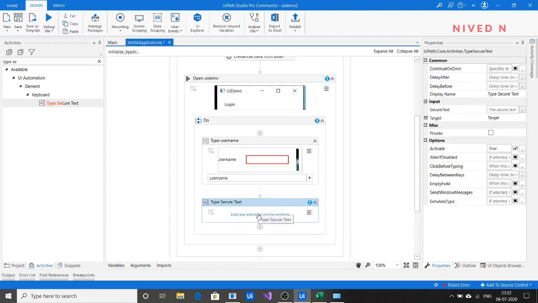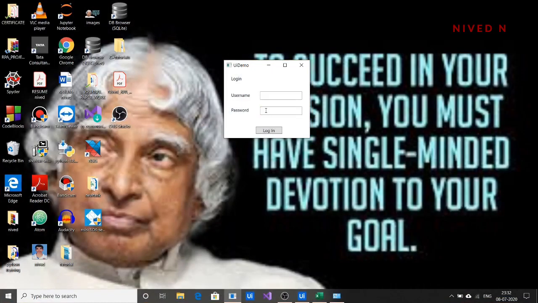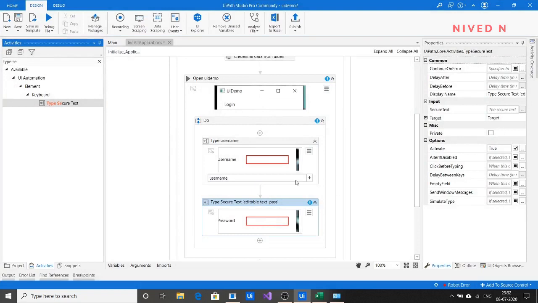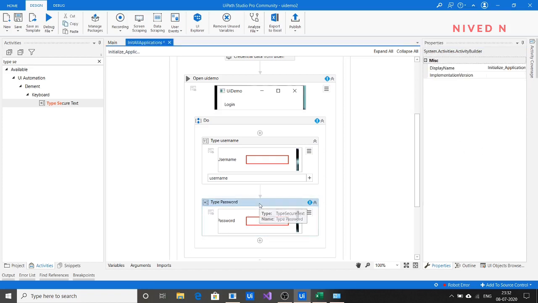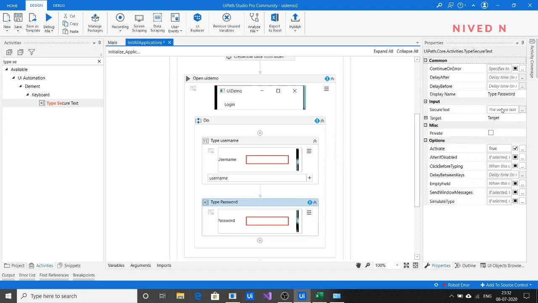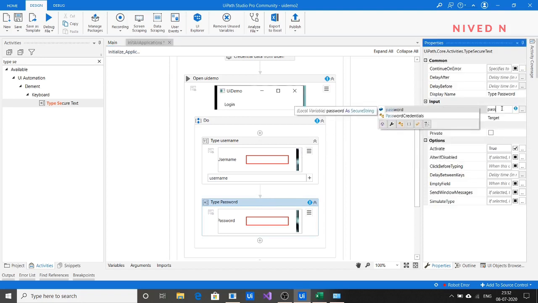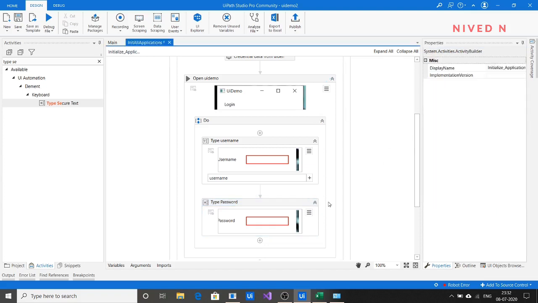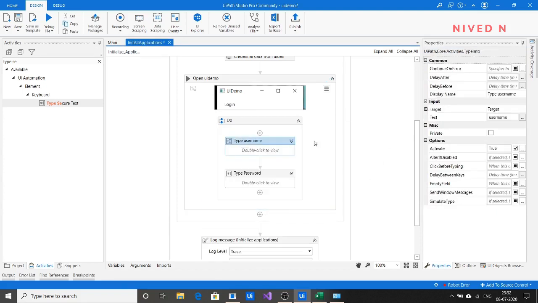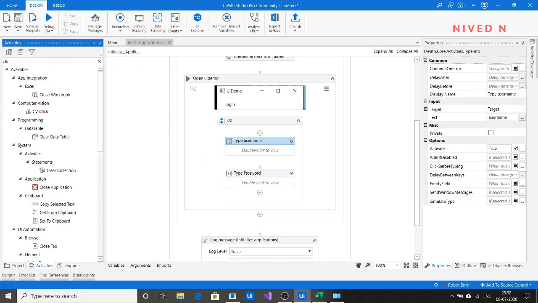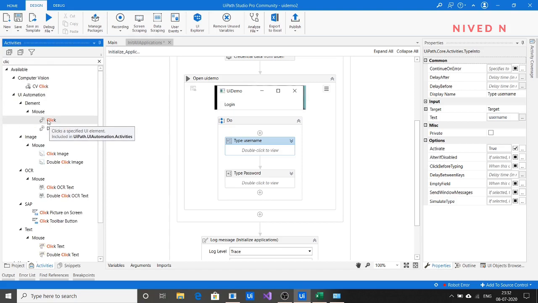Indicate the element. Now you have to give it a name, type password, and the secure text that we want to transfer here. In our case, it is password. After transferring the login details, the next step is we want to click the login button to proceed.